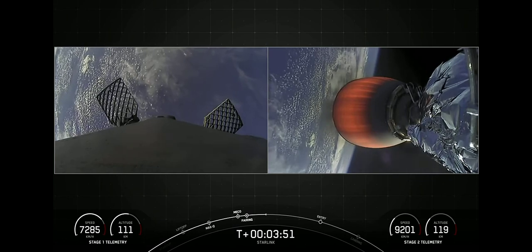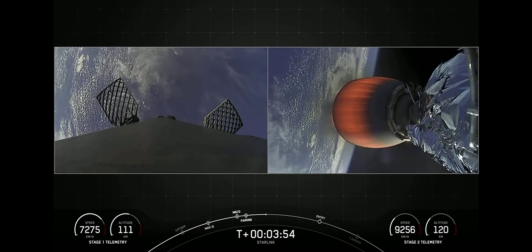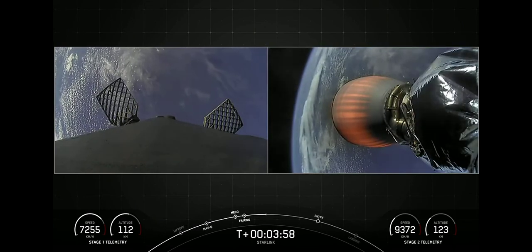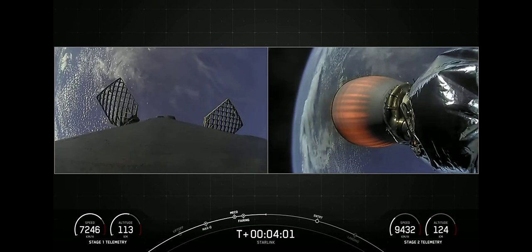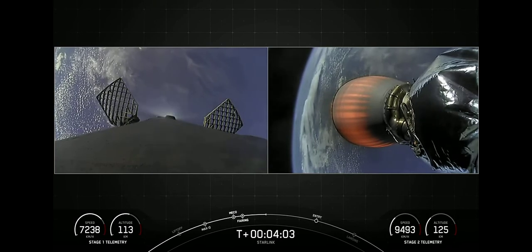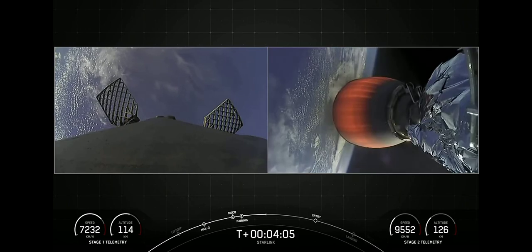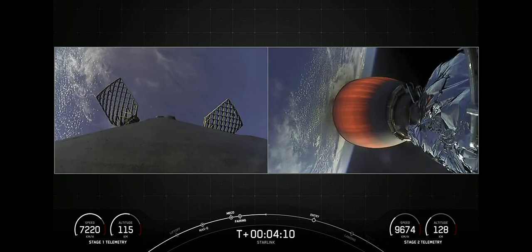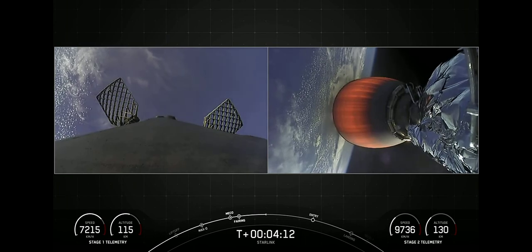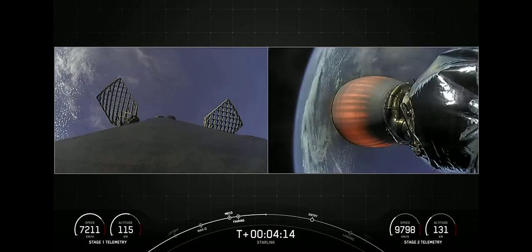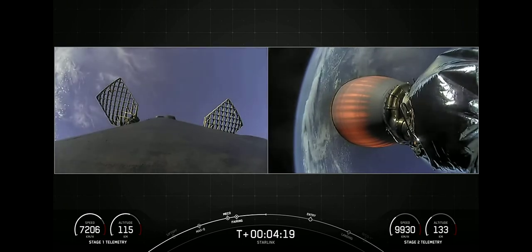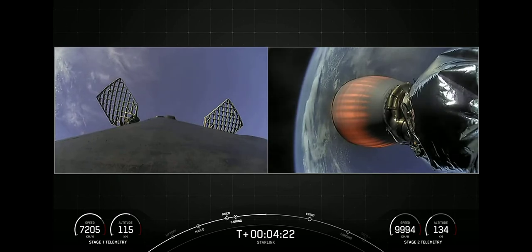Then the atmosphere actually helps to scrub a lot of the velocity of the vehicle until the second and final burn, which is the landing burn. That's a single engine burn that brings the vehicle speed down rapidly in order to touch down on the drone ship. Acquisition of signal, Bermuda. And again, today, we will be attempting to land on Just Read the Instructions. And each one of these M1D engines is about 190,000 pounds of thrust. So we do only use 1 engine for that final landing burn to touch down